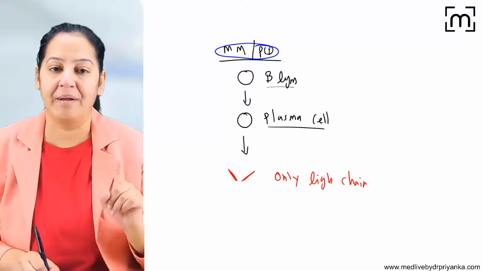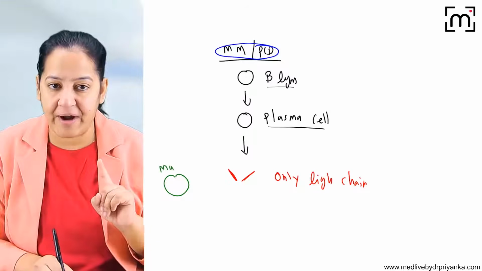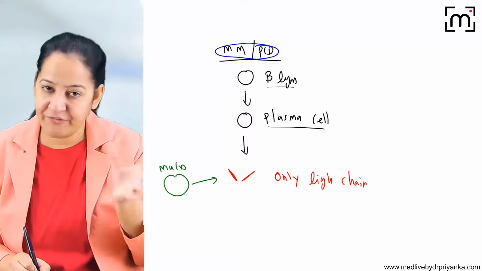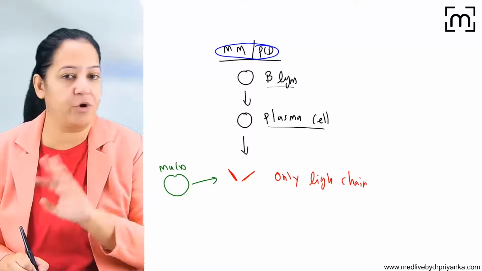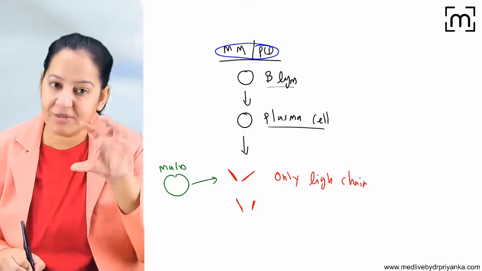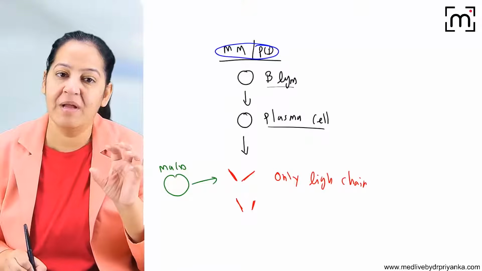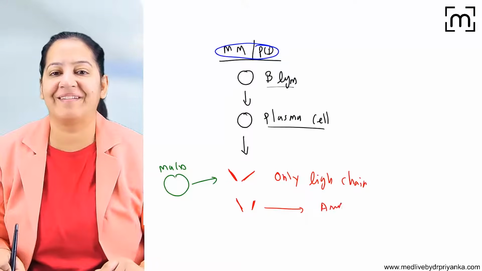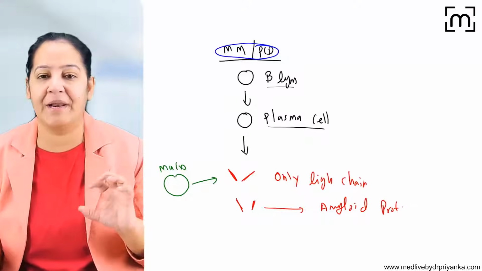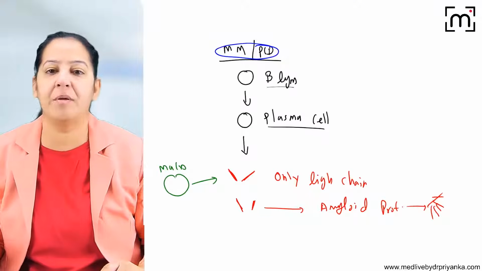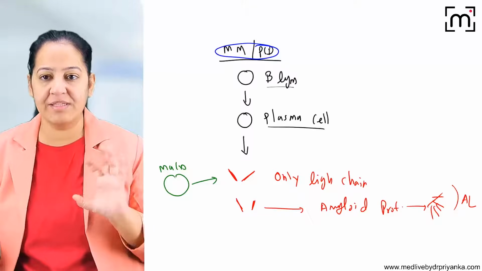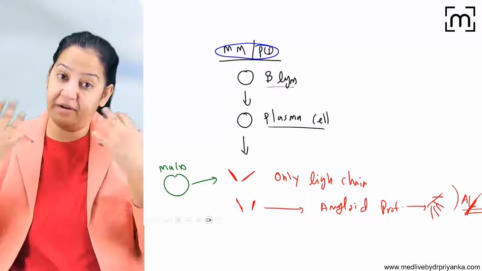So the macrophage will come and try to degrade it because it is an abnormal protein, but it is only partially degraded, not completely degraded. So the partially degraded light chain will deposit in multiple organs. Now this is amyloid protein, made up of light chain. It will deposit in various tissues in the human body and produce the disease amyloidosis. I will call this amyloidosis AL because here light chain is deposited in multiple organs.